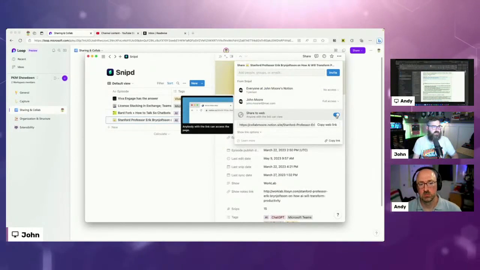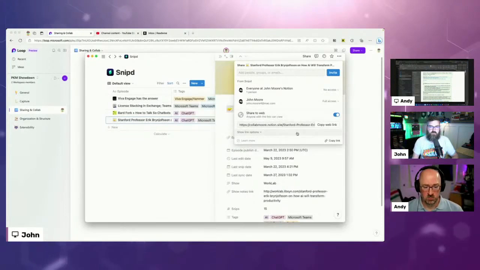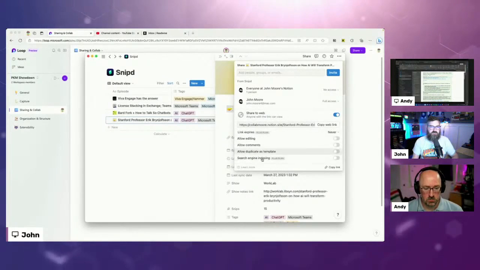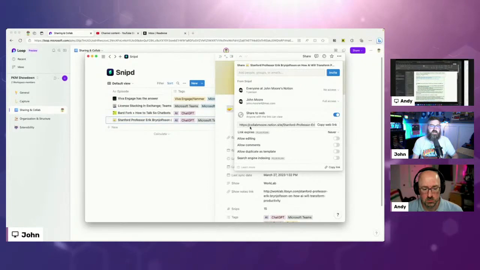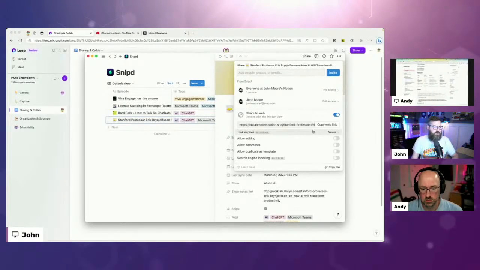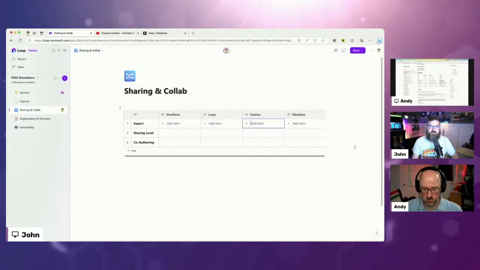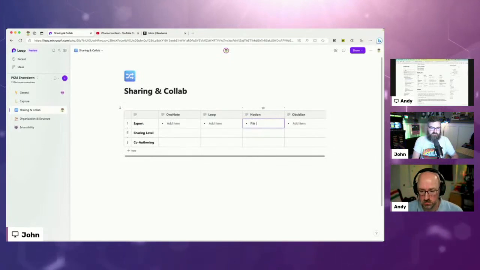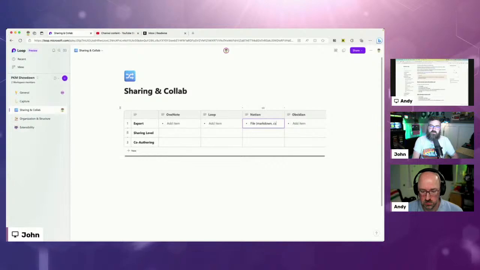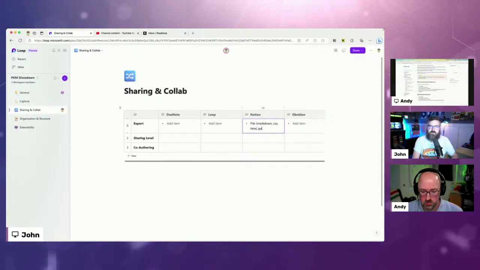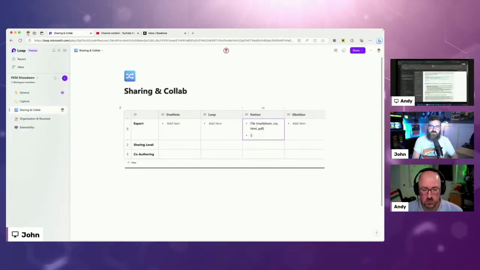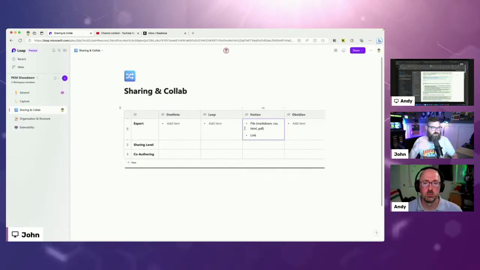It generates a public link with no real authentication or anything like that. Then I'll share that and it's my live notes. So that's the way I typically get things out. So you can do a file export, which is Markdown, CSV, HTML, or PDF, or you can do link sharing as well for your export.